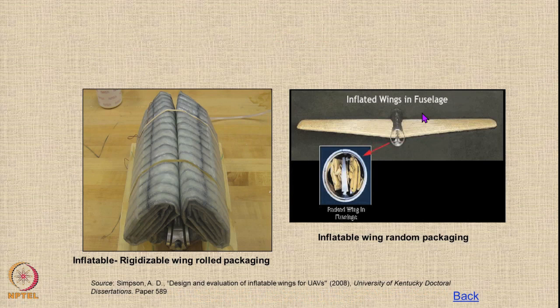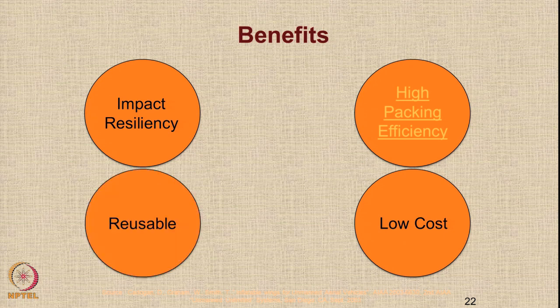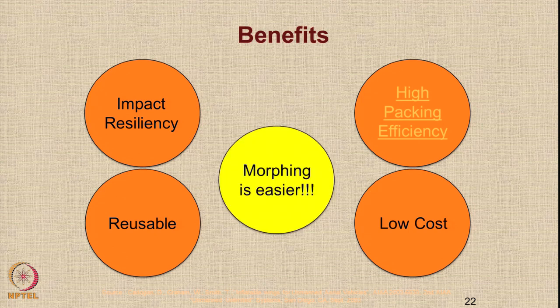As an example, you can see that either the whole wing can be stored inside the fuselage like this, or it can be rolled and packed in a very small volume. It has been seen that inflatable wings are a low-cost solution for morphing and the wing is reusable. The best part of inflatable wing is that morphing is easy,